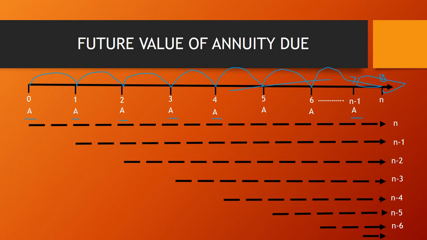And on the last installment that you are depositing at the n minus 1 period, that means in our example the 7th year, you are going to get the interest for n minus 1. And if you open this bracket, this n will be cancelled with this and you will be left with 1. So on the last installment that you are paying, you are going to get the interest for 1 year. Now let's see the amount, what amount we are going to get.